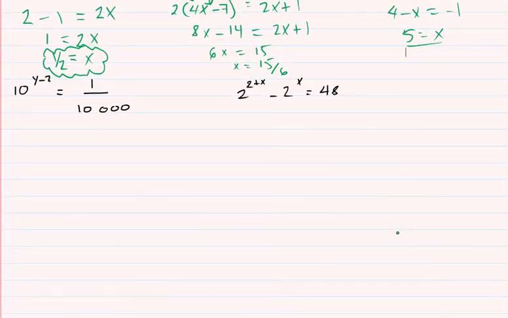It gets a little bit more interesting and more fun. So let's say we have 10 to the power of y minus 2 is equal to 1 over 10,000. So we know 10,000 is a power of 10. Let's just change that first. 10 to the power,